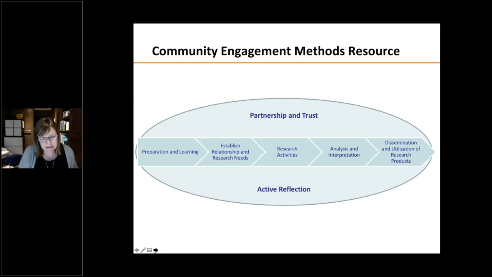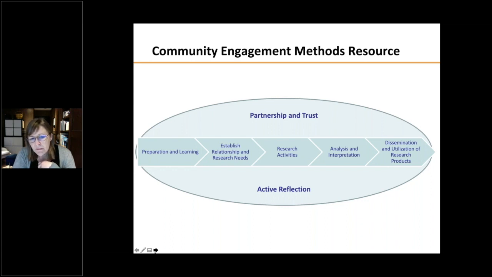What we wanted to do too, though, is put this into understanding the process of research, that there's some activities in research that are very linear, but that there's also some overarching concepts. And so what we're going to walk through individually are steps that the researcher can take before even engaging in research, so really focusing on preparation and learning. Then how to go about establishing relationship and understanding what the research needs might be in a community, talking about the actual research activities itself, then the stages of analysis, interpretation,